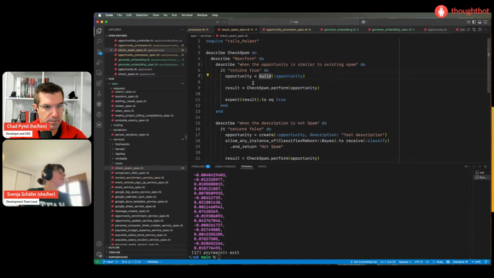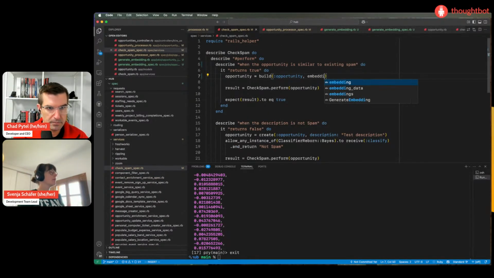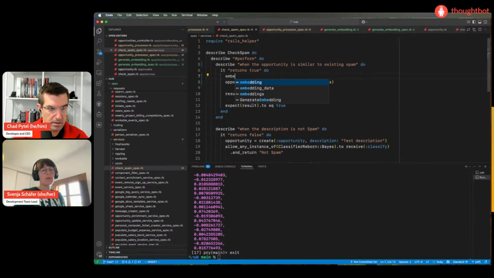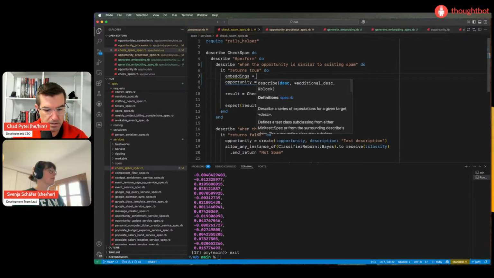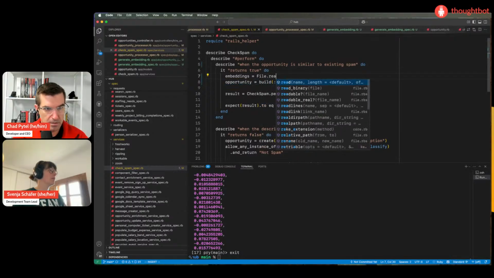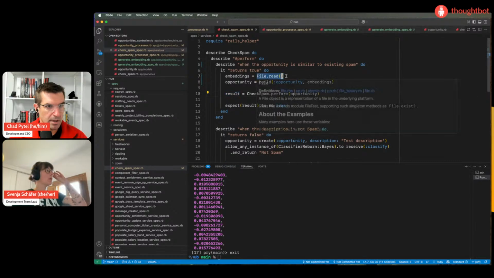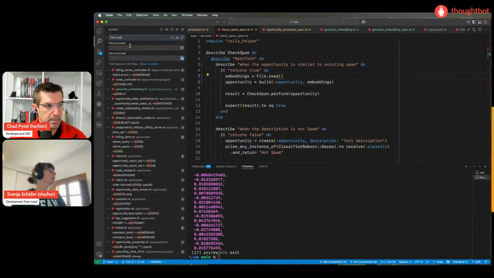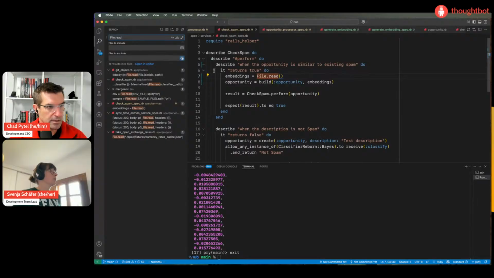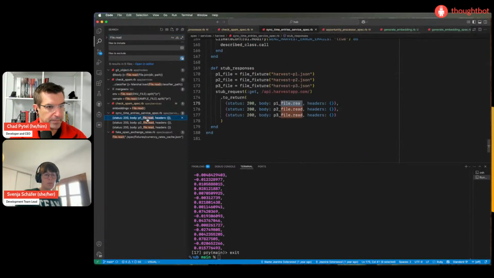Okay, check spam spec is where we're doing this. Actually, is that the best way to do that? We can just read the file, or we can use the fixture path, right? File fixture path, and then we call .read on it.